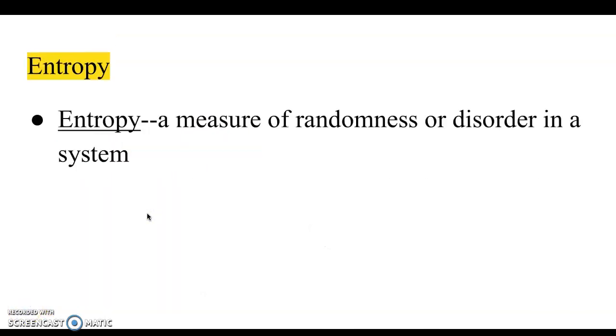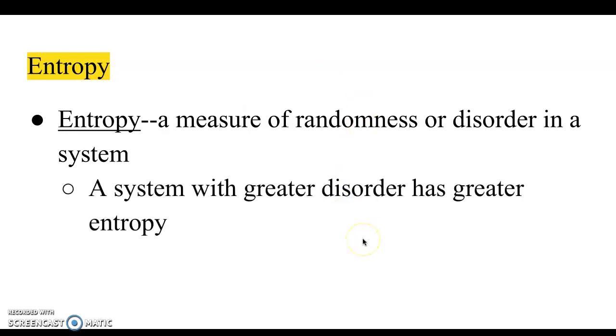Entropy is a term that means randomness or disorder. It is a measure of how chaotic a system is. A system that has greater disorder or is more chaotic has greater entropy. For example,